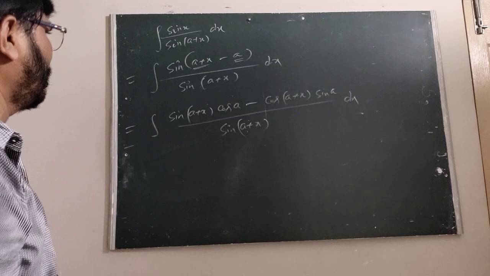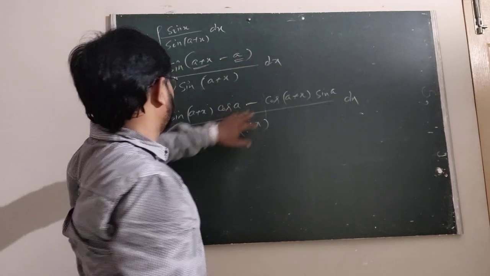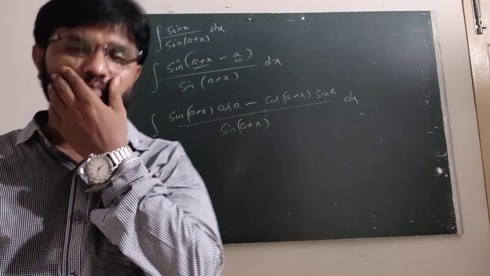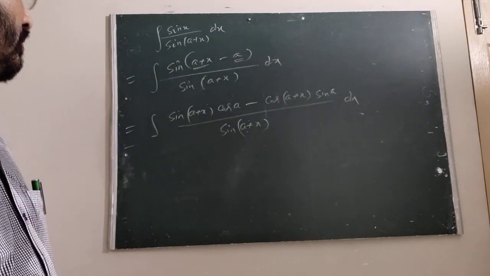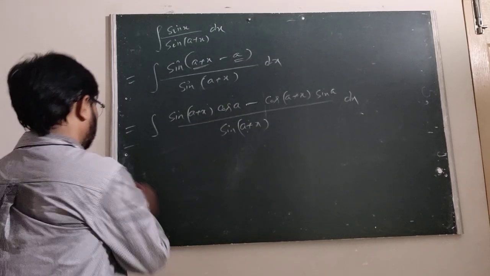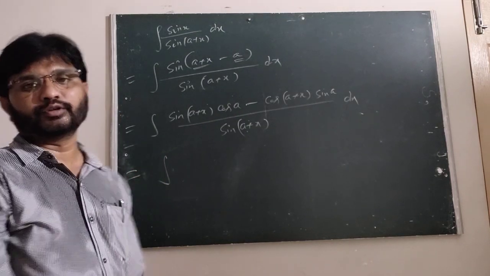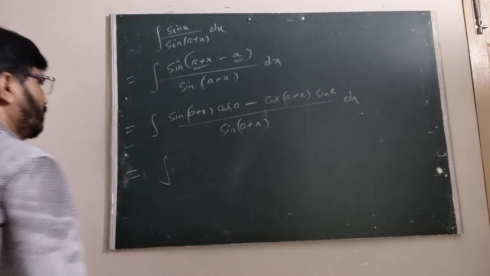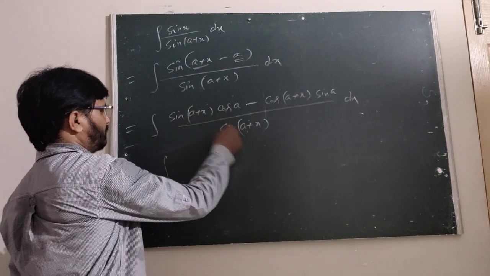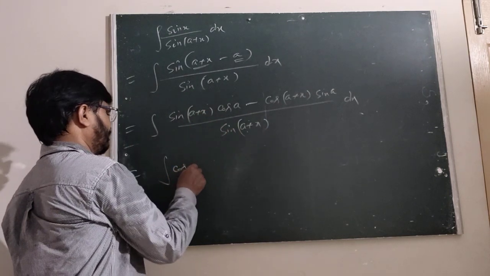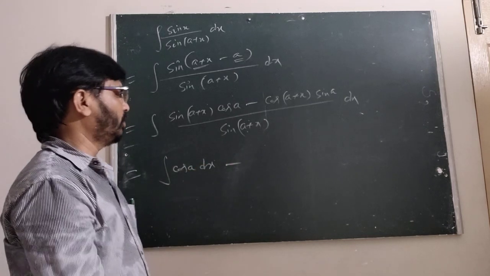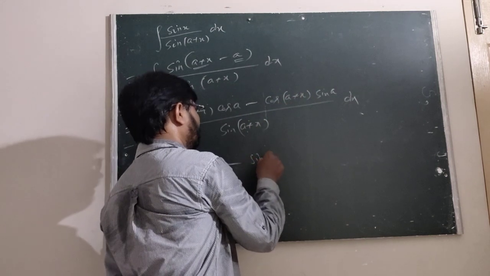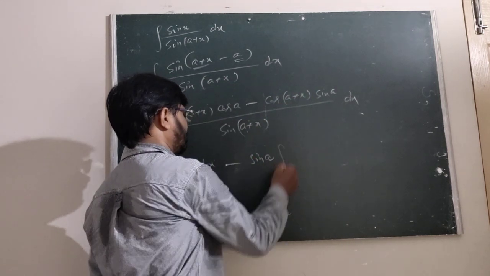We can write this is sin of (a minus b), which is sin a cos b minus cos a sin b. Now we are looking at how to evaluate this integral. In the numerator, two terms are there, so we can separate them. First, this one by this one, these two are cancelled, and we are getting cos a into dx. After that, this one by this one, we are getting sin a. We can write sin a is the constant.